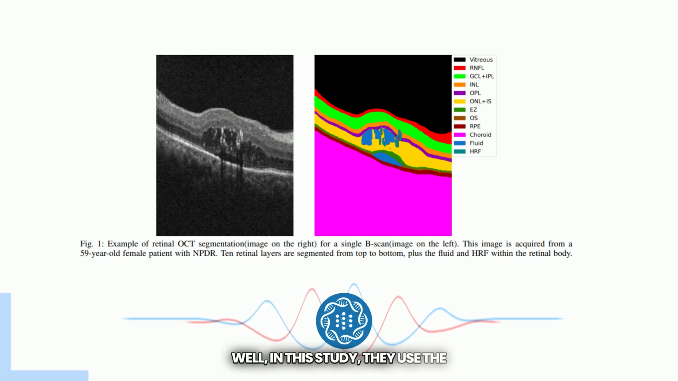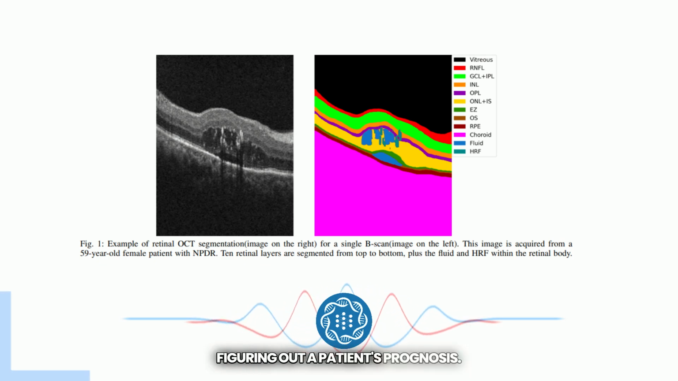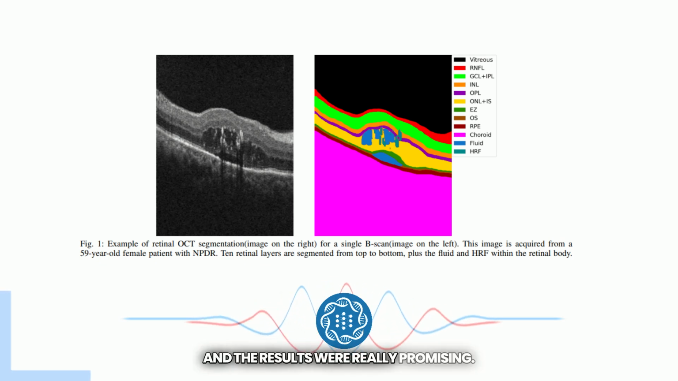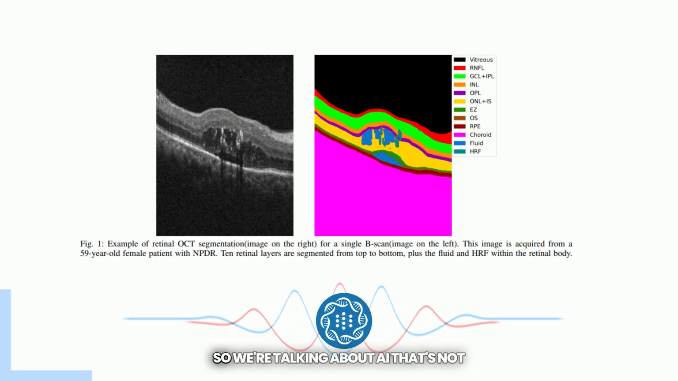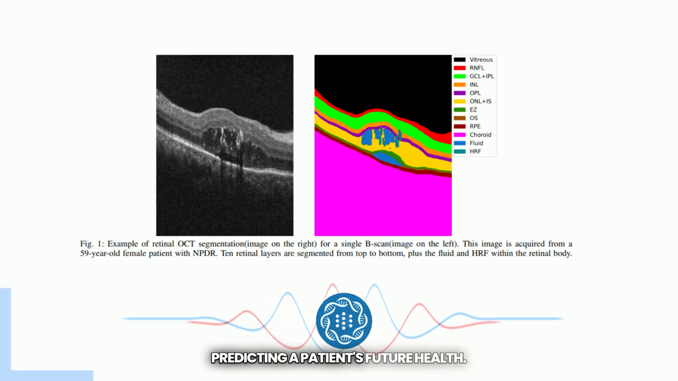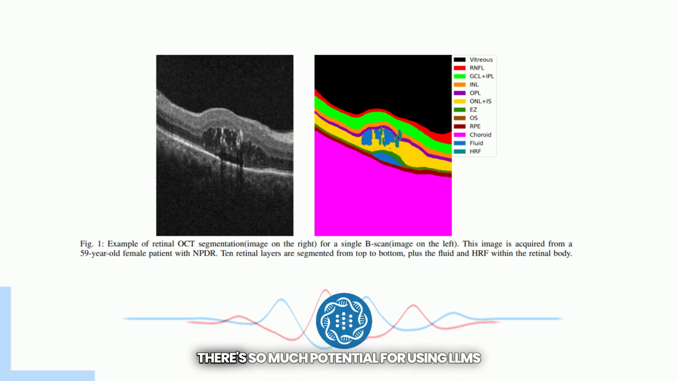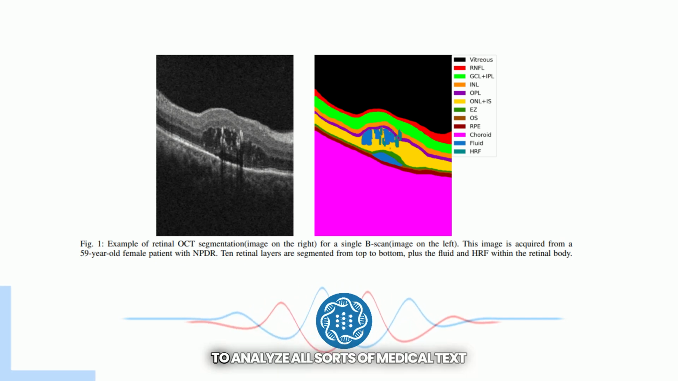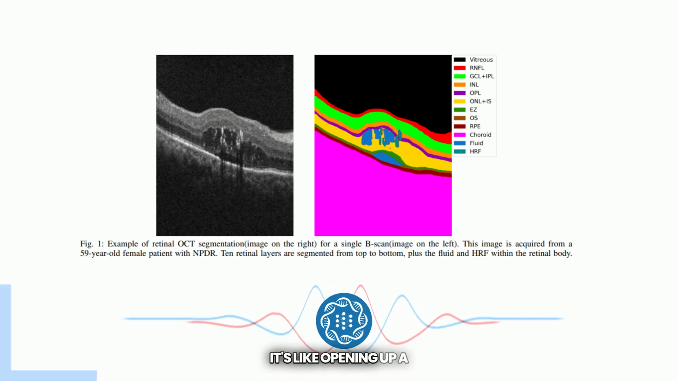Well, in this study, they used the LLMs for cancer identification, staging, and even figuring out a patient's prognosis. And the results were really promising. In some cases, these AI systems were even better than the methods we're already using. So we're talking about AI that's not just helping with diagnosis, but also potentially predicting a patient's future health. Yeah, that's a huge deal. It is. And this is really just the beginning. There's so much potential for using LLMs to analyze all sorts of medical text data, from doctor's notes to research articles. It's like opening up a whole new level of